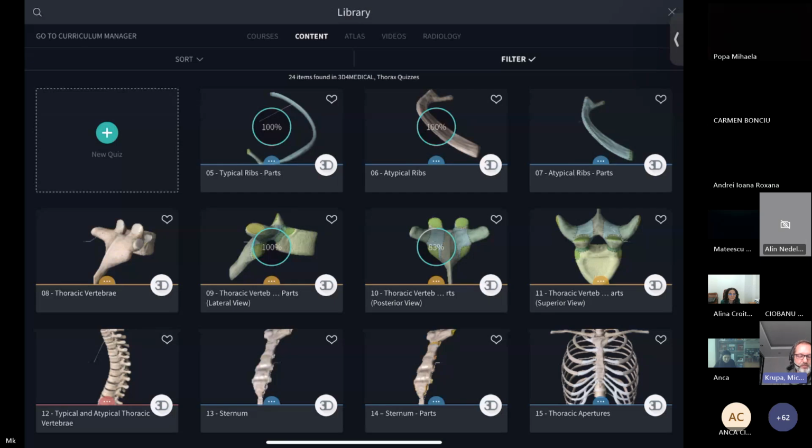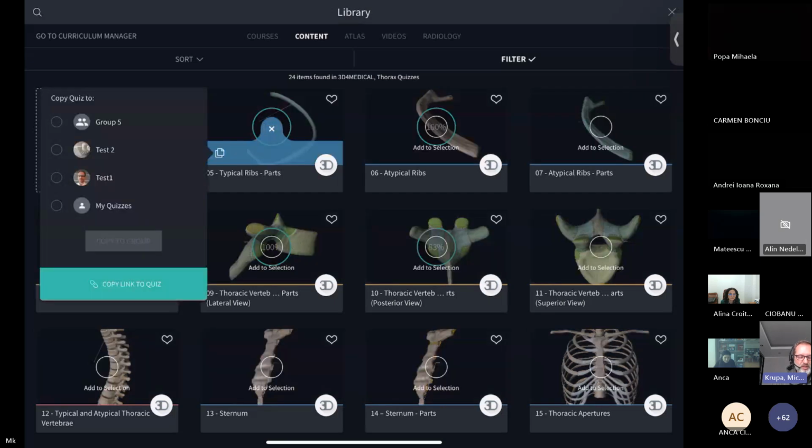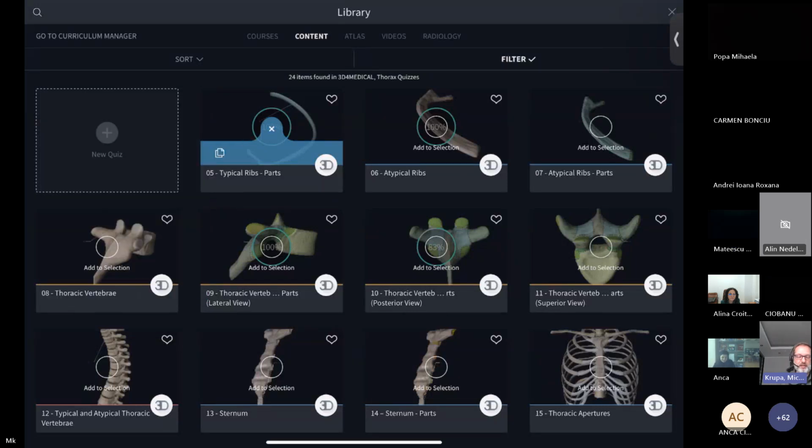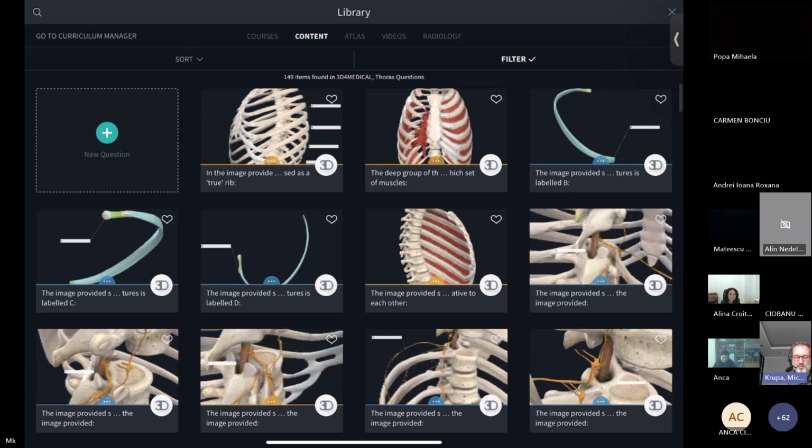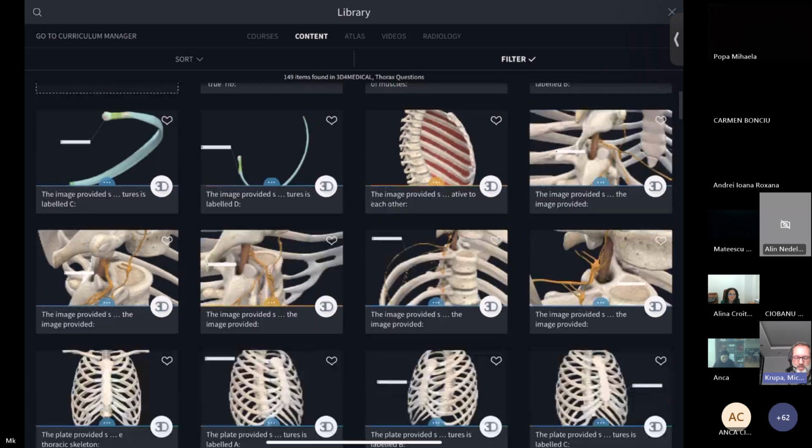Again, very easily, with those bluish drops, you can copy the link to the quiz and share it with your students and ask them, please complete this quiz after my classes so that you will understand or remember more. When we go back to this filter on the left side, we can also have access to simple questions. So not all the questions in the quizzes, but just the questions, and we can simply investigate available questions